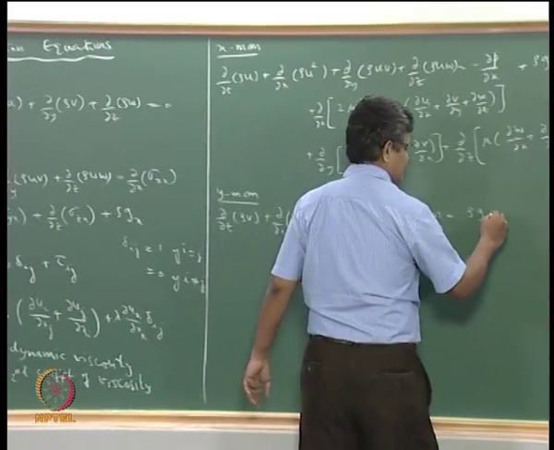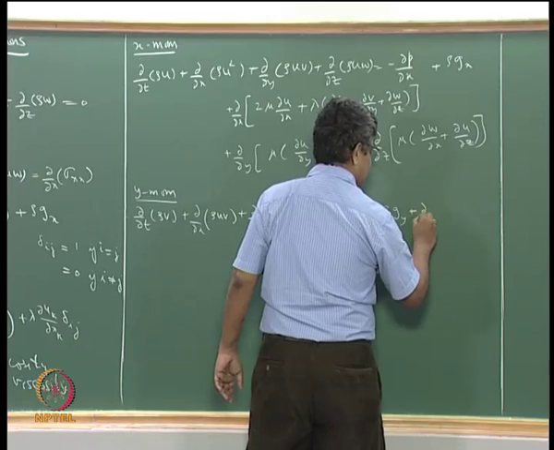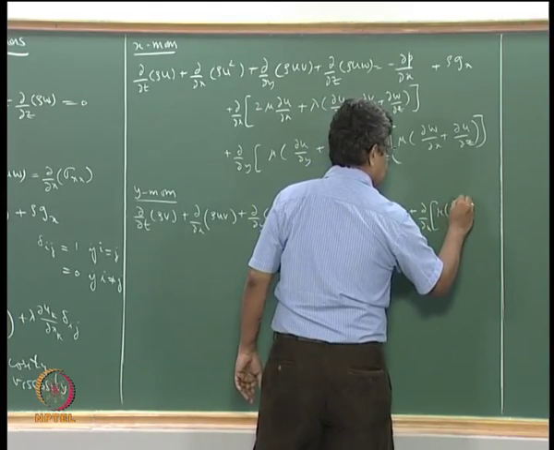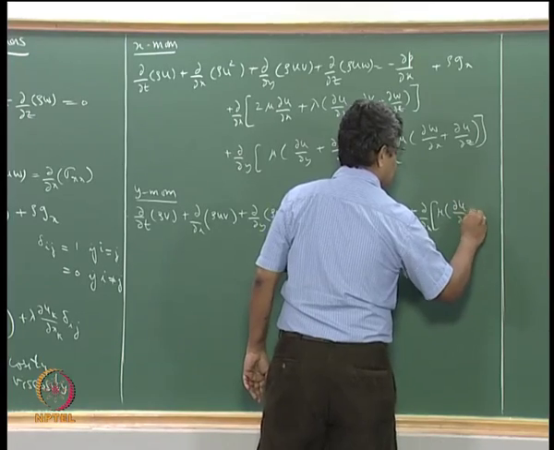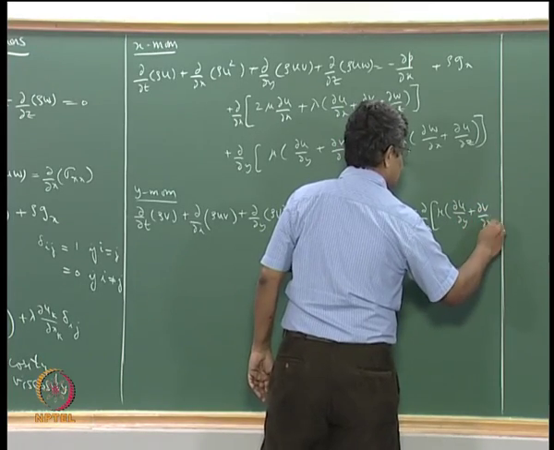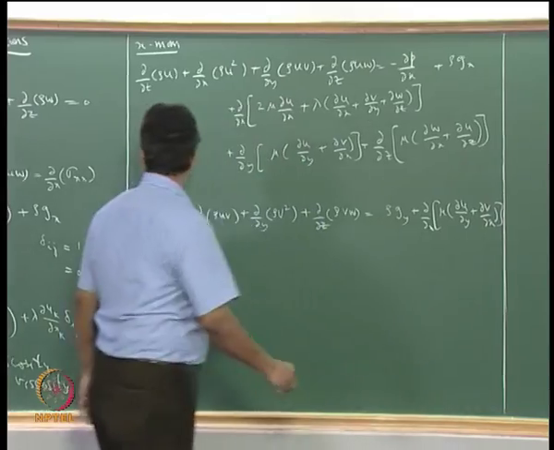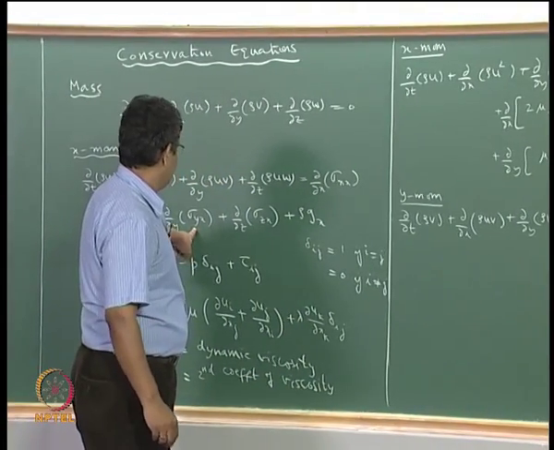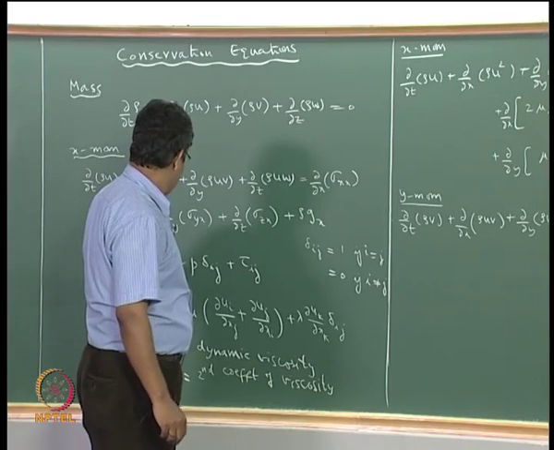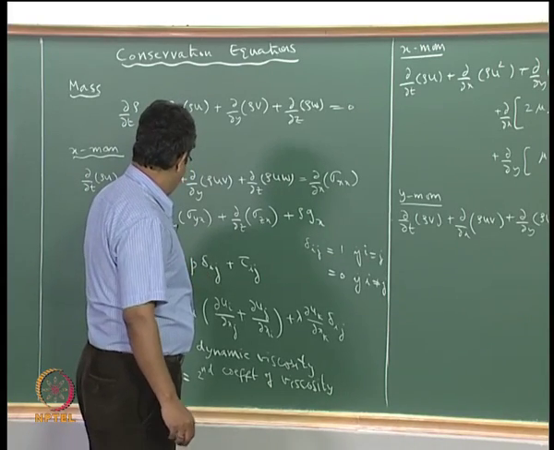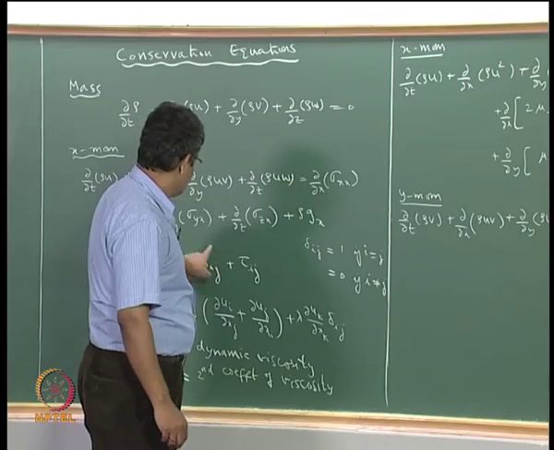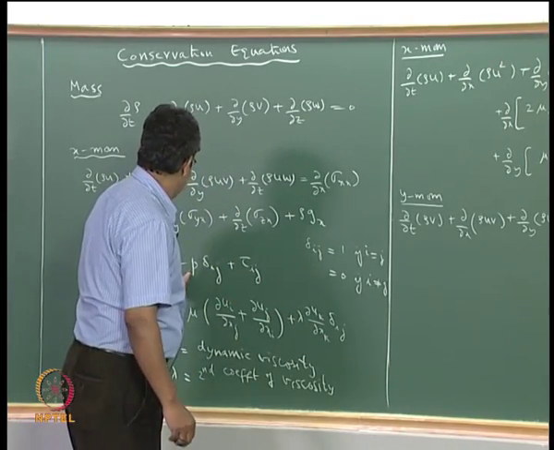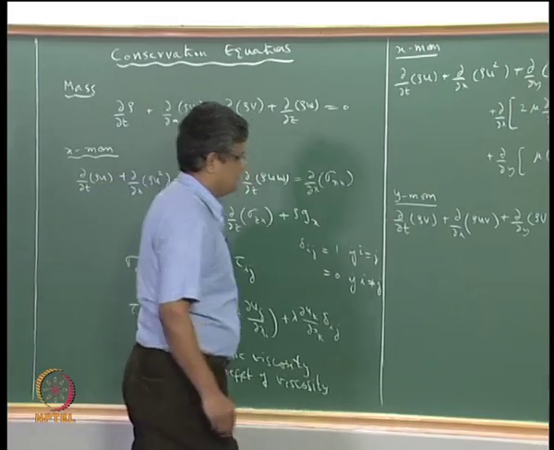So we can write this as plus dou by dou x of mu times dou u by dou y plus dou v by dou x, and here we have sigma yy will be coming. So sigma yy is i equal to j equal to 2, so this has a value of 1 here, this has a value of 1 here, so you get minus dou p by dou y